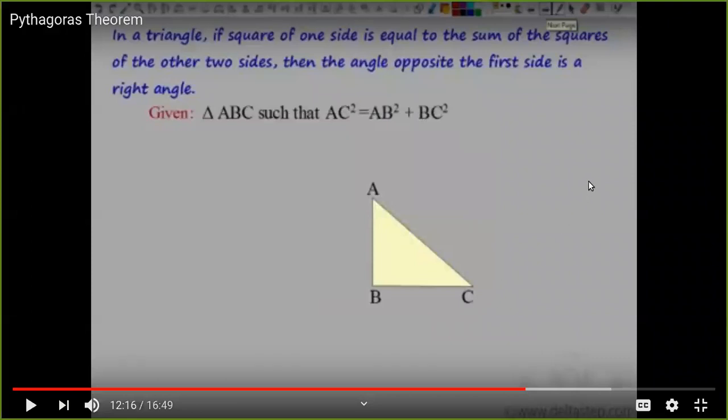Okay. Is the statement written? Is the diagram drawn? The given is written. Now I'll play the video. You can just follow that. Should be audible is what I think. In case it is not audible, just let me know. Because I've given the maximum volume and I've put it on the external speaker.